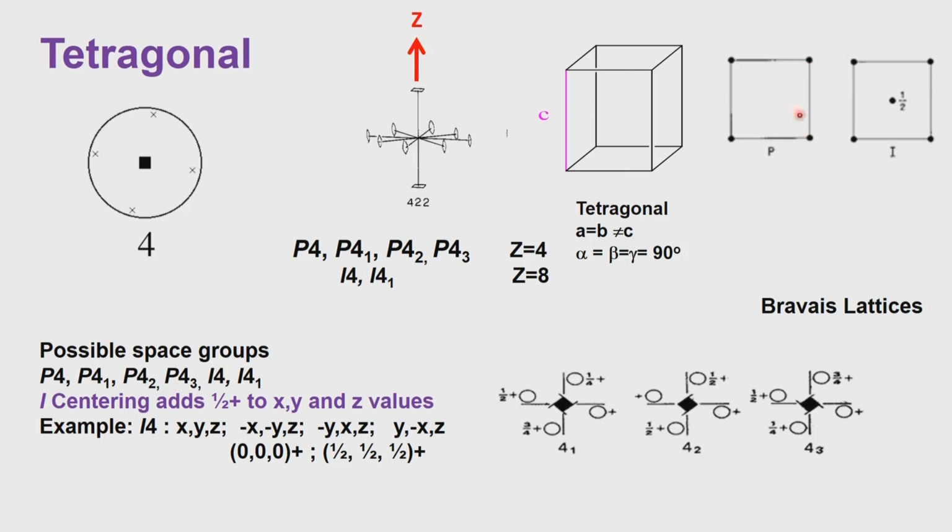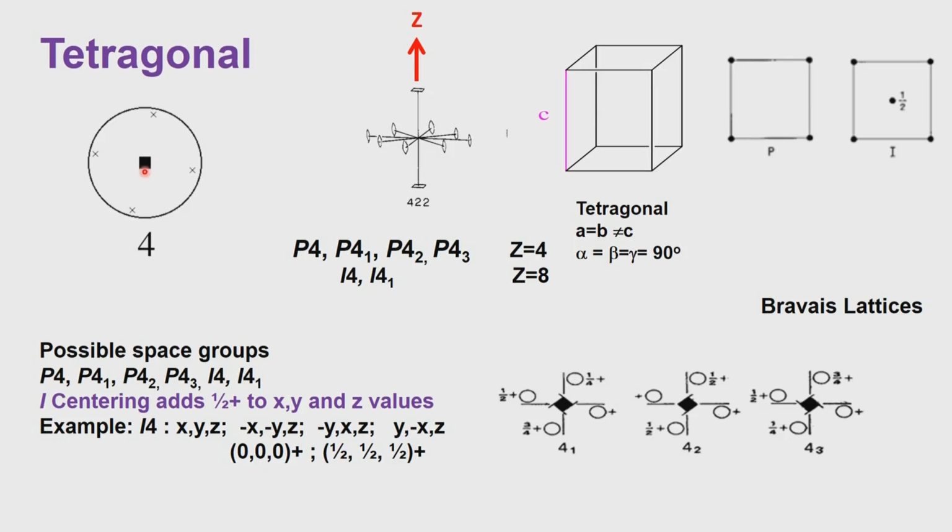So, we have the primitive lattice and the body centered lattice, where you will have an additional lattice point at half. So, Z equals 1 here, the number of lattice points is 1 here, number of lattice points is 2 there. Because of the fact that A is equal to B, we will also not allow one single face to be centered. So, A, B and C separately being centered is also ruled out, and therefore, we have only 2 possible lattices in the tetragonal system.